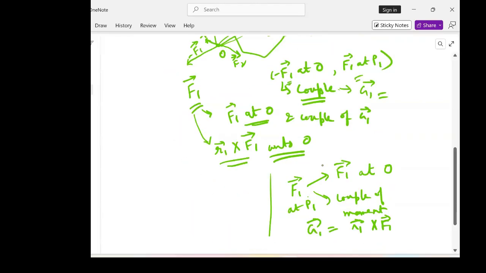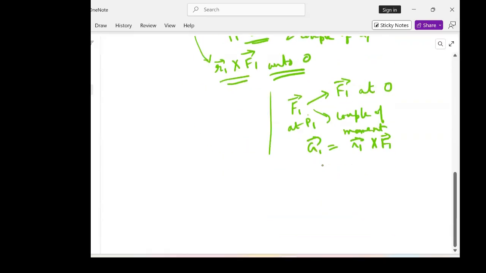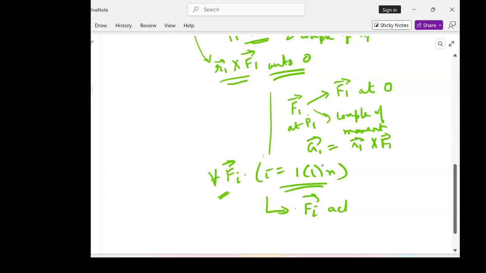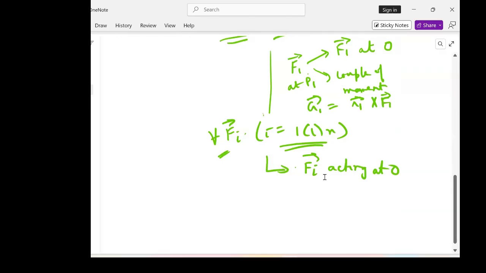So for every i running from 1 up to n, you ultimately get two things: one is Fi acting at the base point O, and a couple of moment Ri cross Fi whose axis is passing